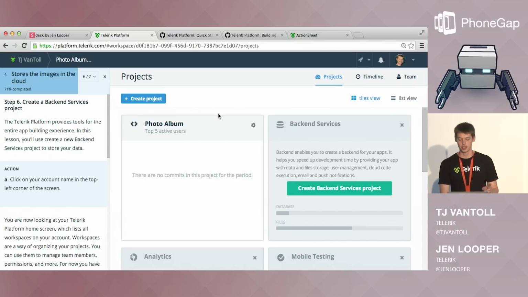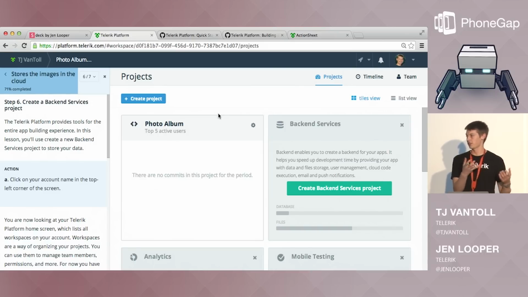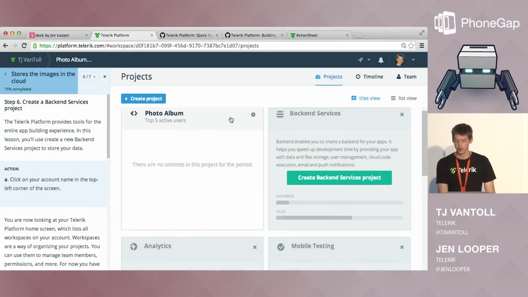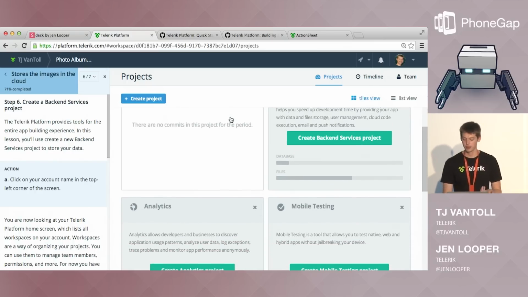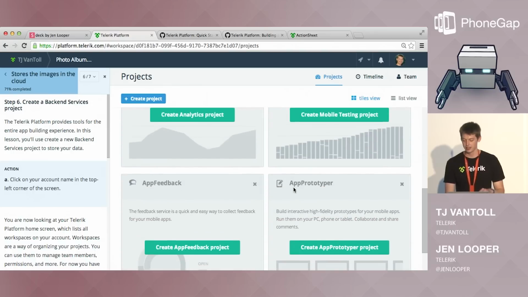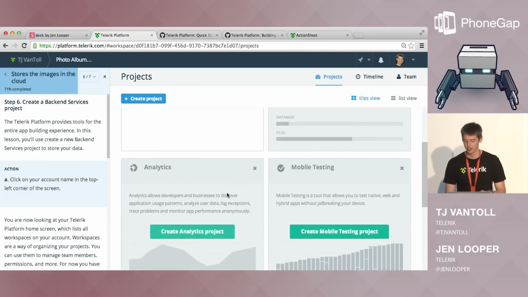So what I'm going to do for this app, so we have these photos, right? But they're just photos that are just chilling in that app. They're just in an images folder. So what I want to do now is show how we can take those pictures we just took on our device and just store them in the cloud in our backend as a service here. So all these boxes correspond to a different service that lives within the Telerik Platform. As I mentioned, we have analytics, mobile testing, prototyping, some other things. But